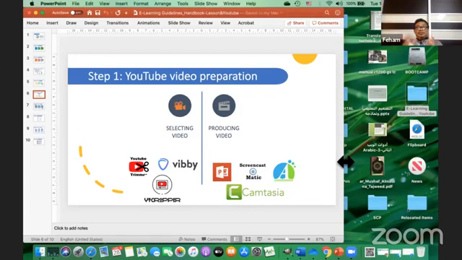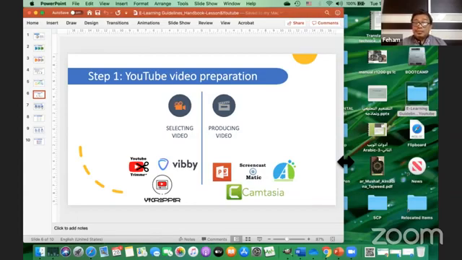The video needs to be adjusted a little bit so that you can focus on certain parts of the video, not all. So selecting video, you can select the video as it is, which is sometimes horrible because the content does not actually fulfill your needs. In many cases this is what actually happens. So for that reason we have different tools in order to cater the content of the video so that it fulfills your needs. We have, for example, YouTube trimmer.